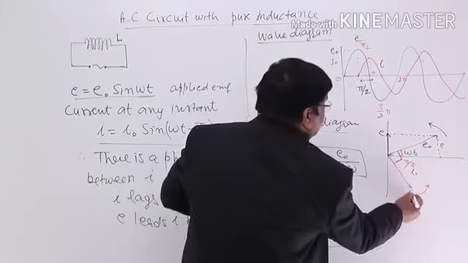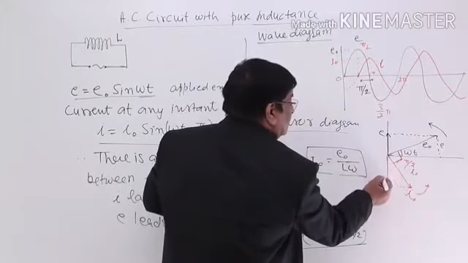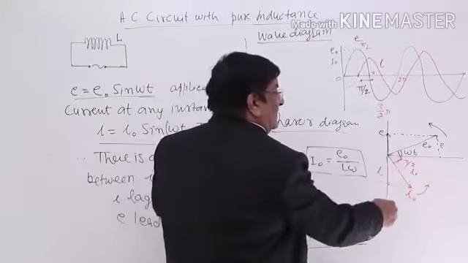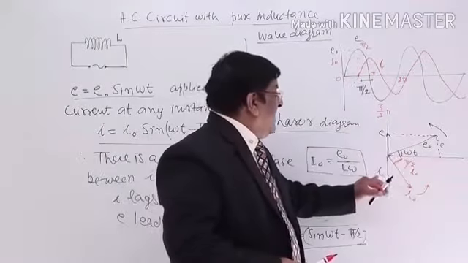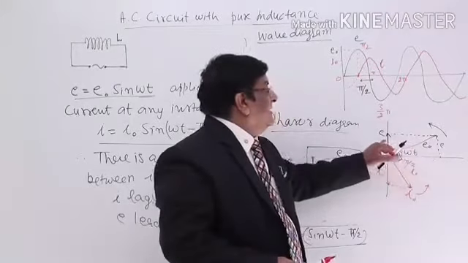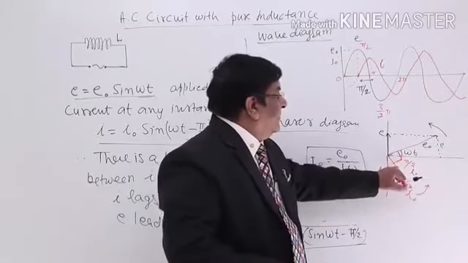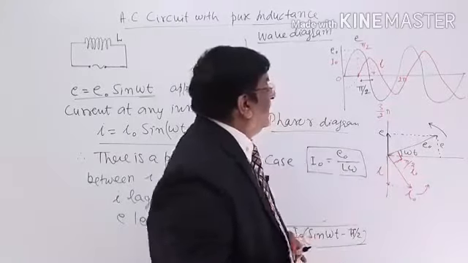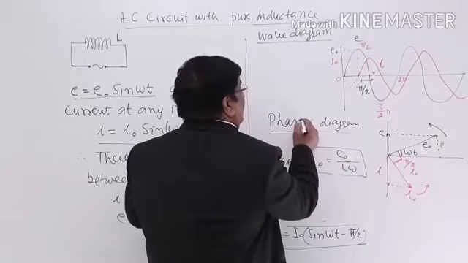Where is instantaneous I? Draw a projection from here and this is I. So the projection on this oscillation line is the value of instantaneous E and instantaneous I. E naught at phase omega t gives E. I naught at phase omega t minus pi by 2 gives the instantaneous I. So this is the value of E and I, and this representation is known as a phasor diagram.